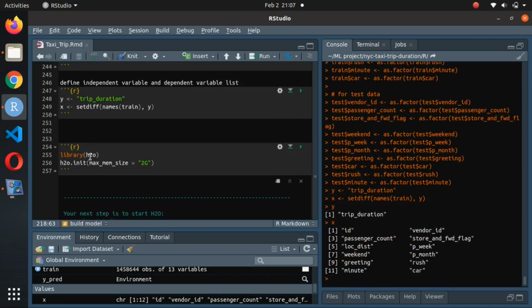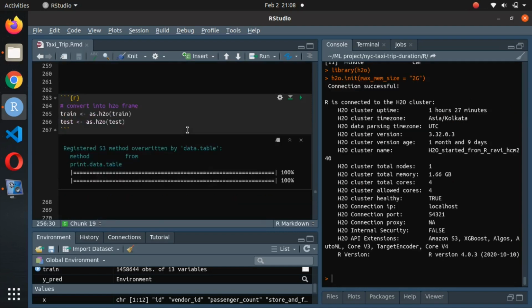Now I am using the H2O library. For activating the library, you have to use the library function h2o. I have 4 GB RAM, so by default it occupies 25% of the RAM. Like I have 4 GB RAM, 25% is 1, so it occupies memory for computation work of 1 GB. So you can give custom memory to H2O, like I am giving here 2 GB RAM for all the computation work. So I run it.